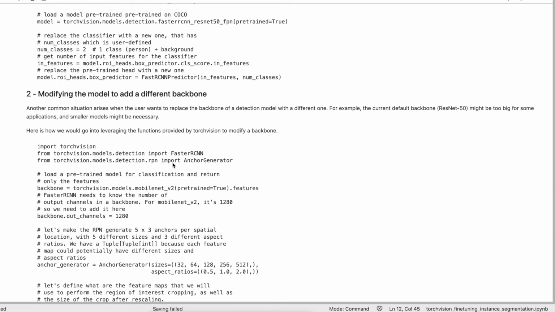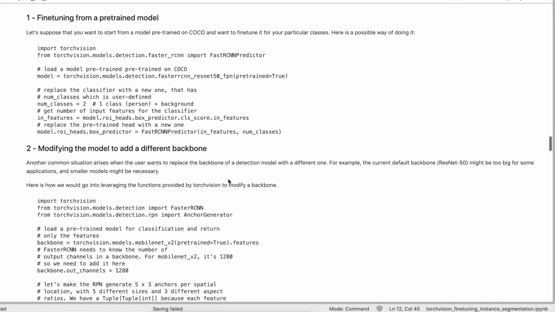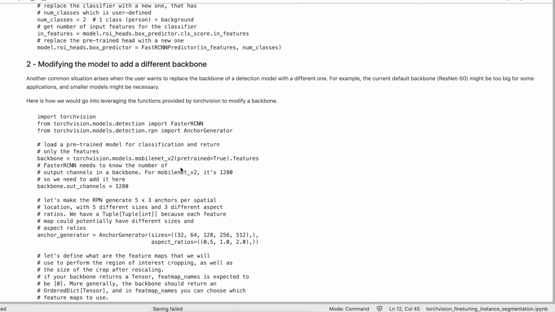Another method is modifying the model to add a different backbone. The backbone we use here is ResNet, but we can change the backbone to MobileNet. If we want to change the backbone, then we have to change the input parameters also, because that backbone outputs 1280 channels; the MobileNet backbone output channels are fixed.